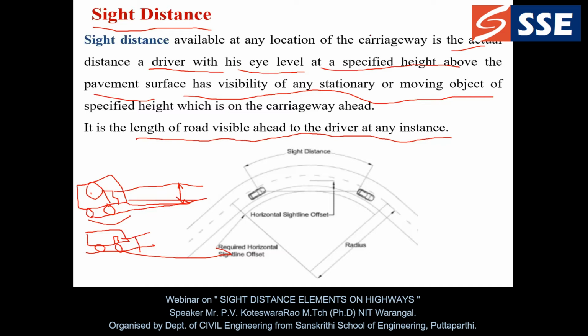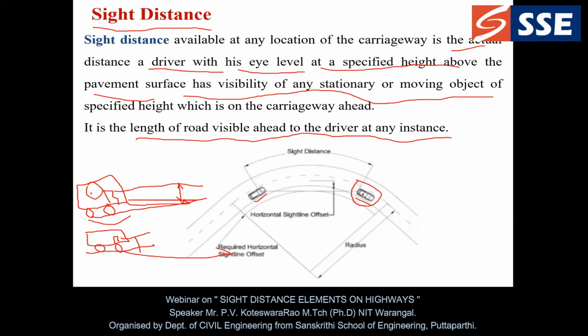And at the same time, what is the object in the opposite direction? If you observe this diagram, here I have one vehicle which I am moving in this one, and the opposite vehicle is here. So if you observe this one, both are similar vehicles, so the line of sight and the object height are going to be the same. In general, in practical application, this may not be possible. That means the height of the object which is ahead of us is not the same as ours.